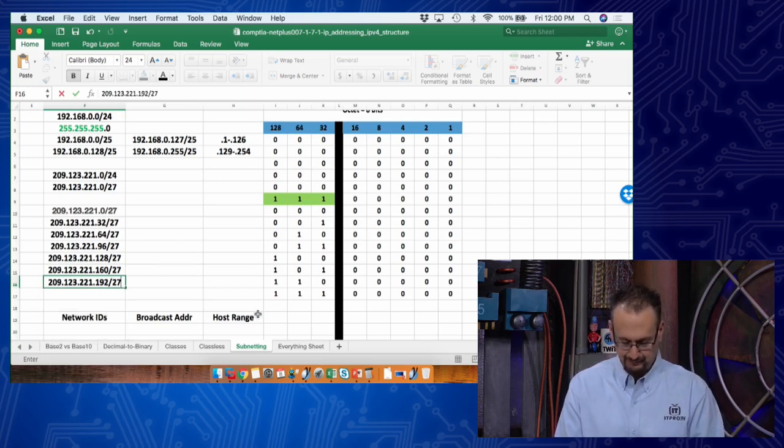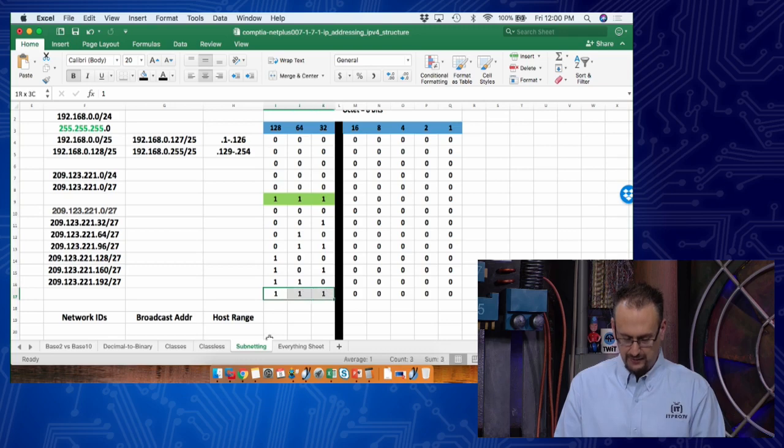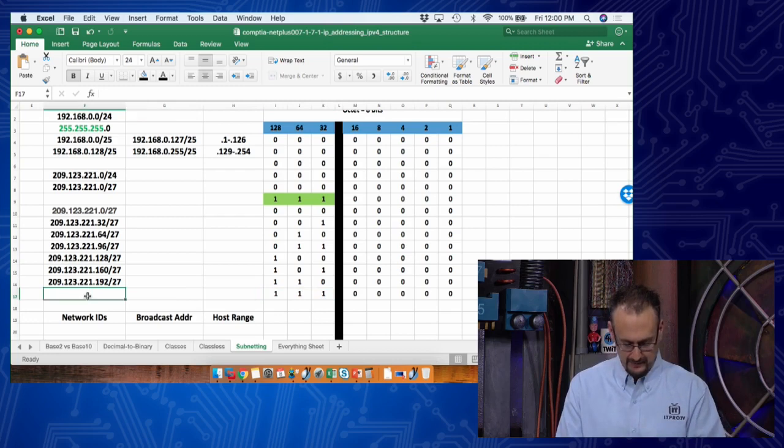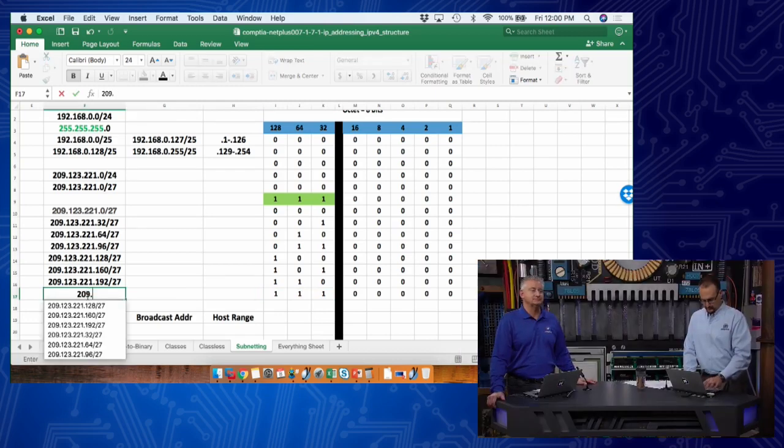209.123.221.192 /27. And then the last one is, well, 3 bits. All right, and we look at the 3 bits there. Well, I can tell that that's 224. And again, because of counting those consecutive, those contiguous bits, you'll start to see that pattern come up. Going back to a chart that you made. That's right, absolutely. 123, so it's